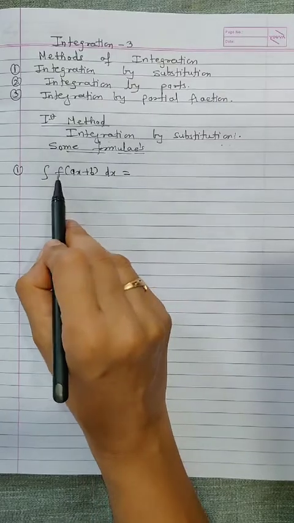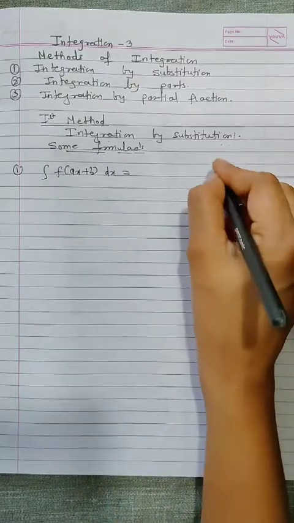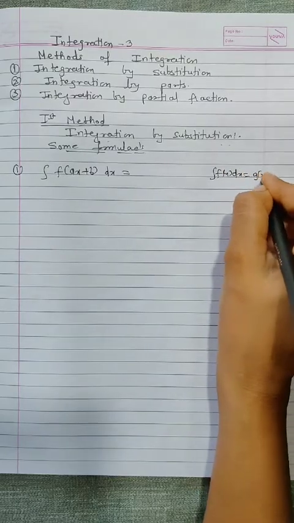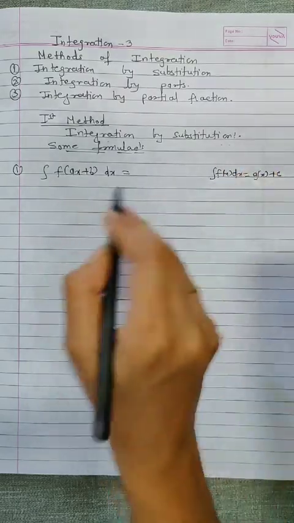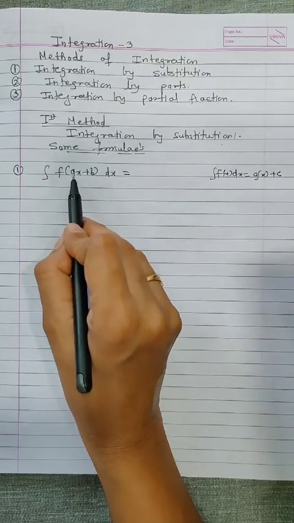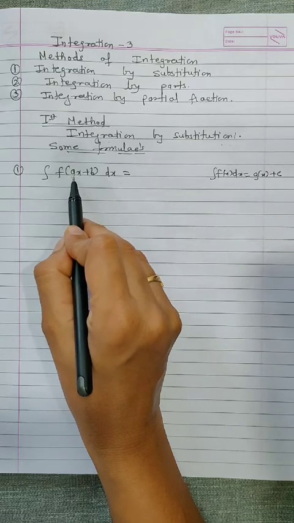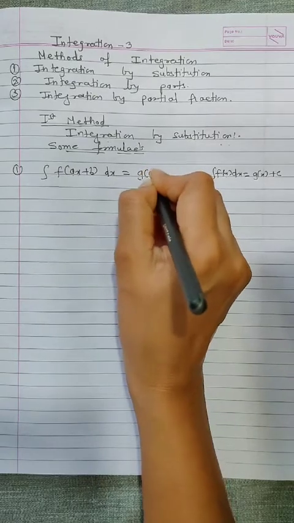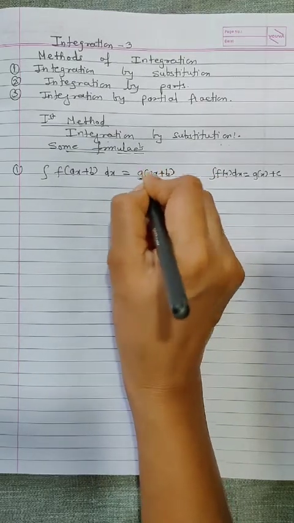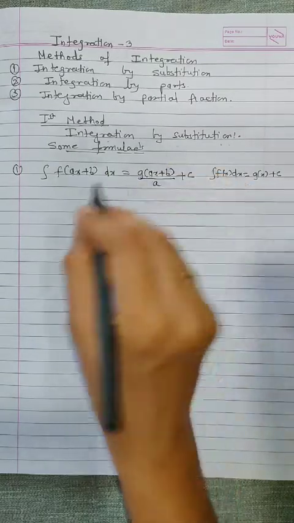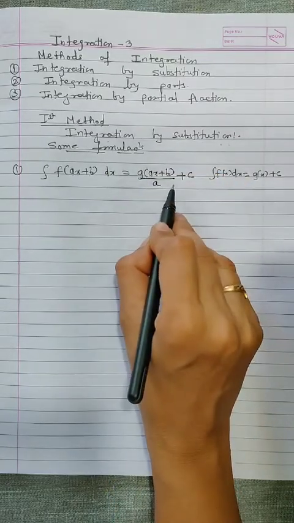Now see here, we know that integration f of x dx, suppose it is equal to g of x plus c, we know. Now here instead of x we have ax plus b, means x is multiplied with a. Whenever x is multiplied with a, we have to divide that coefficient. So integration f of ax plus b will convert to g of ax plus b, and the coefficient of x is a, so divide that a and plus c. So remember this. Okay, this is most important formula.